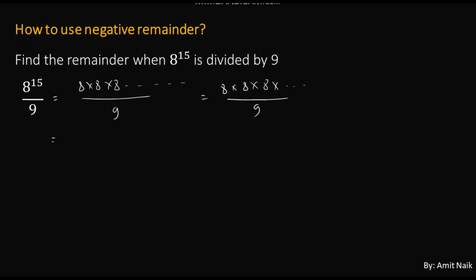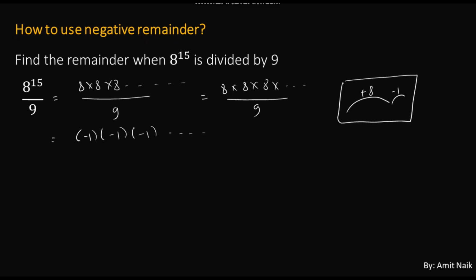So to avoid that, I am going to now refer to the negative remainder. If positive 8 is the remainder, then negative should be minus 1, because the divisor is 9. Those who have seen the first video will get the meaning of this very clearly, right? If the remainder is positive 8, then it is negative 1 as well. So I am going to choose negative remainder here, and that negative remainder minus 1 to be multiplied total 15 times divided by 9. Now when I multiply minus 1 15 times, that is odd number of times, I'll get minus 1 again, right? So minus 1 divided by 9.